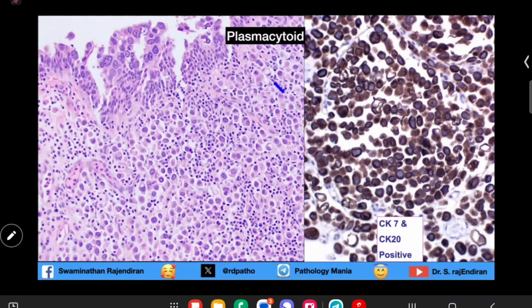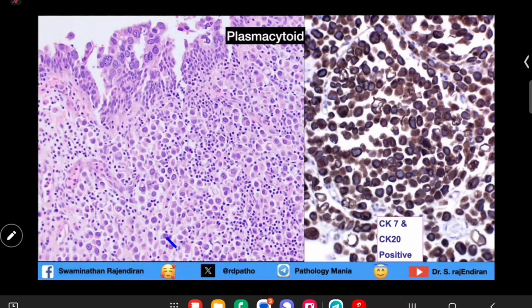Here, this is the overlying urothelium. It shows some carcinoma in situ, very atypical cells. And in the subepithelium, you can see infiltrating tumor cells that look like plasma cells. See, they are looking exactly like plasma cells. So these are plasmacytoid urothelial carcinoma, plasmacytoid differentiation. Here the cytokeratin 7 and 20 will be positive because sometimes this may be mistaken for multiple myeloma or lymphoma. But CK7 and CK20 will help you to differentiate from